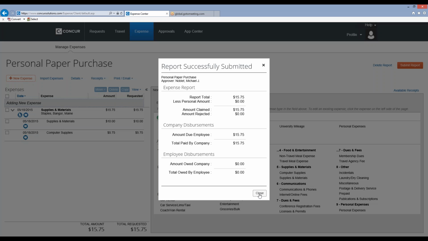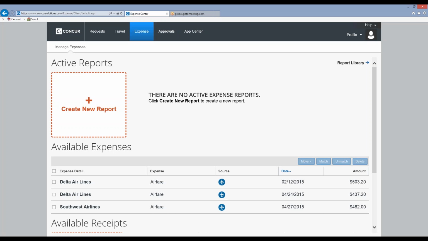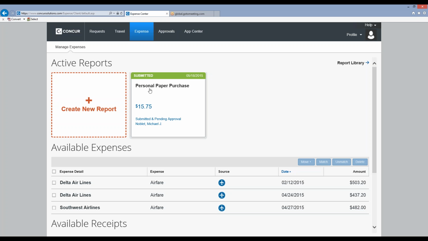So we now have that. We can hit close. It is going to go. So now it is in green. It is submitted. I can see where it is. If I were to click into this, we can look at the audit trail, the approval trail, etc., to see